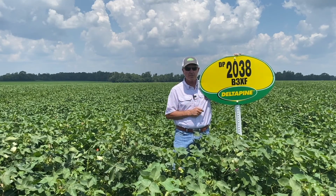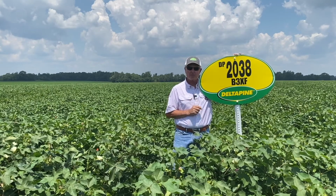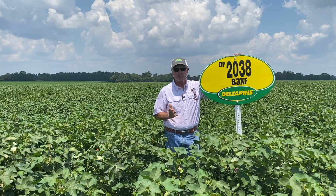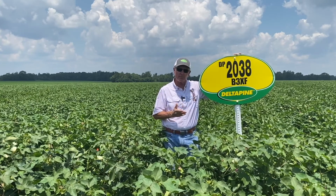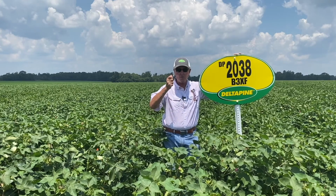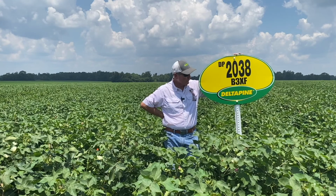The other thing I'll say about it is it has the ability to stand up when 1646 wants to lay down on you. So we've got a lot of growers that love 1646, get down toward the end of the year, it starts leaning, they really don't like it that much. Usually it stands back up, but sometimes it doesn't. This variety is going to stand up. It's got a very columnar growth habit at the top of the plant, got pretty good stalk strength, again, an